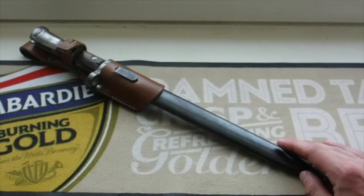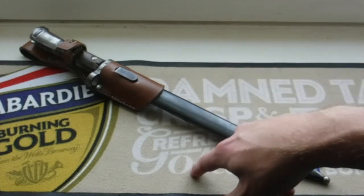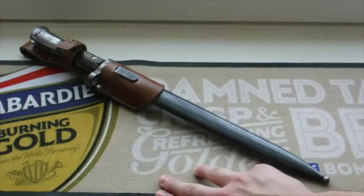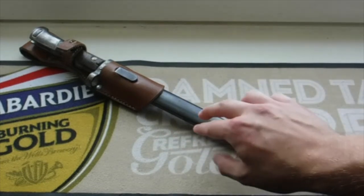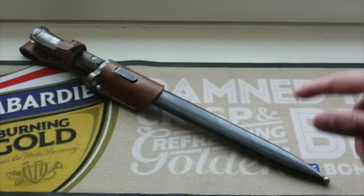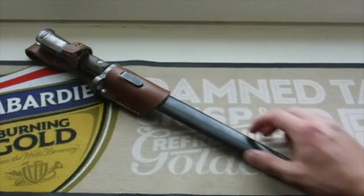And then doing some research, I found out it was a Czechoslovakian one, and the Yugoslavian and Czechoslovakian bayonets look very similar, but there's one difference on the blade, which I will go into, which made me think this was actually a reproduction or a copy or a fake. But actually it wasn't, and my worry was ended then. So anyway, we have a nice blued scabbard,